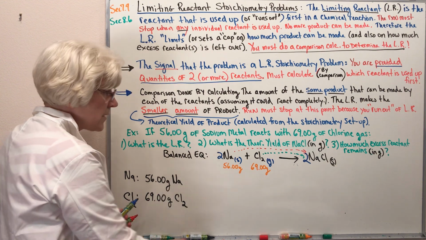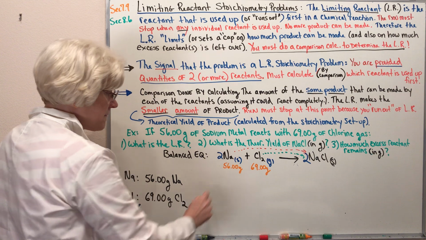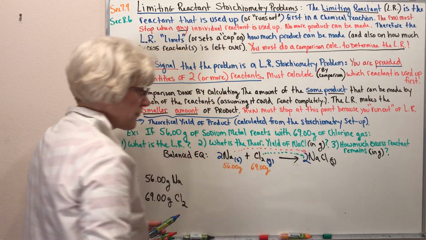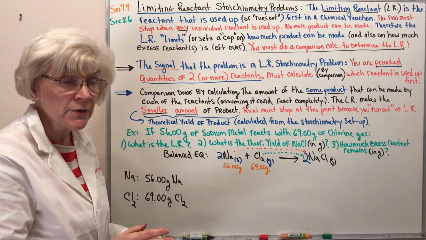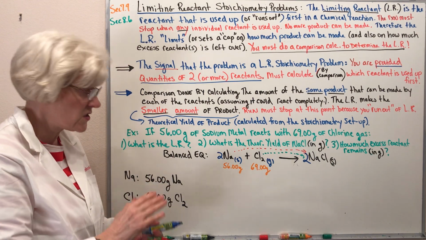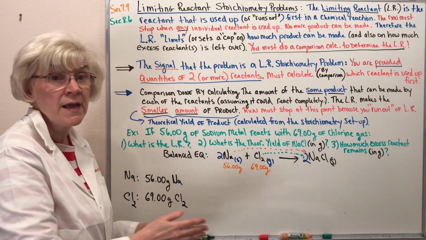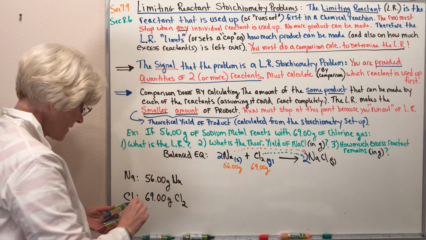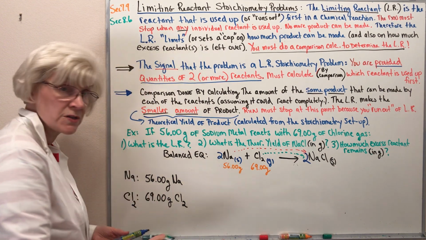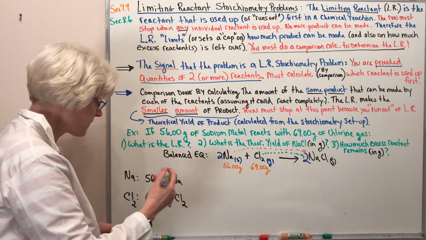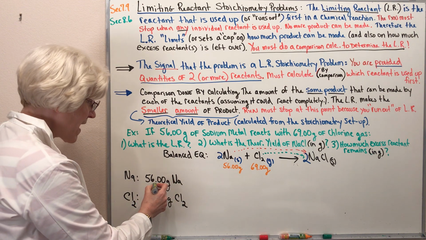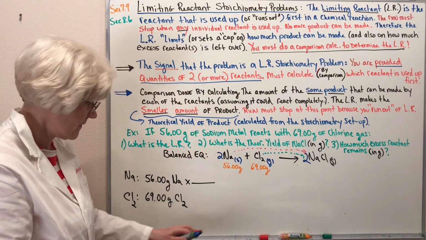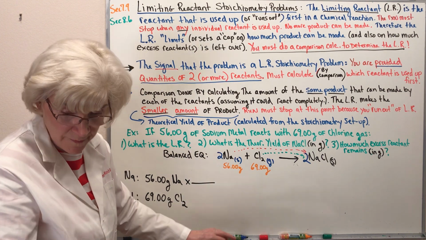So, how much sodium chloride can I make from the 56 grams of sodium metal? Just ignoring chlorine for a minute. That is a simple, standard stoichiometry problem, as we looked at in the previous video clip. So I'm going to take this mass of sodium. I'm going to remember that flow chart. I take my mass of given substance and I convert to moles of given substance using the molar mass of